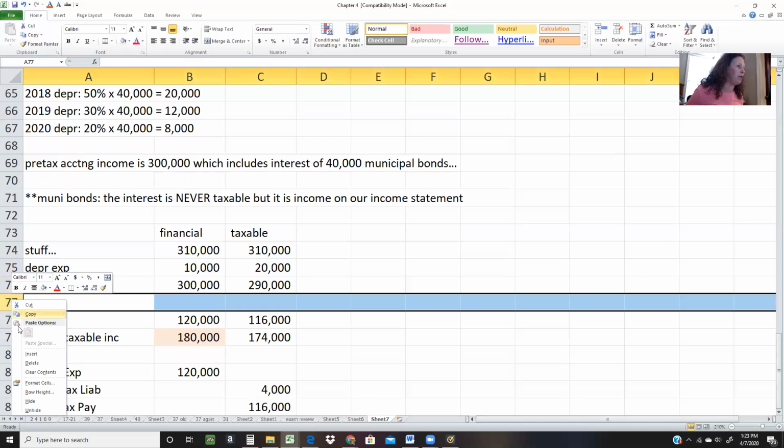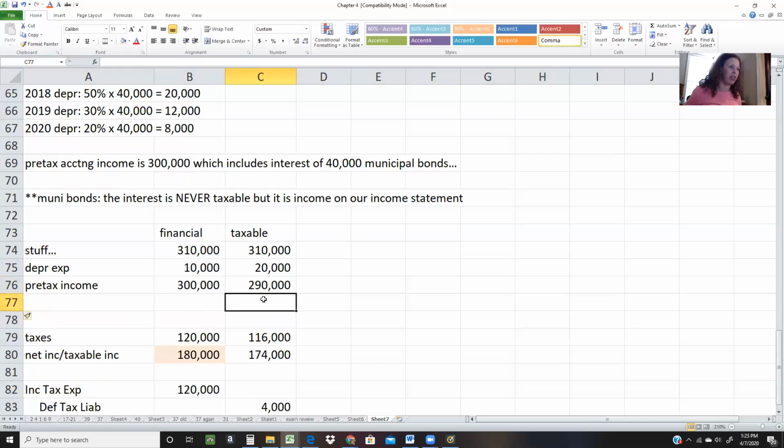So I can insert a couple rows and do it right here and just say minus 40 is 250, and then base my taxes on that. So my taxes are going to only be 100,000. But as far as my book tax difference,